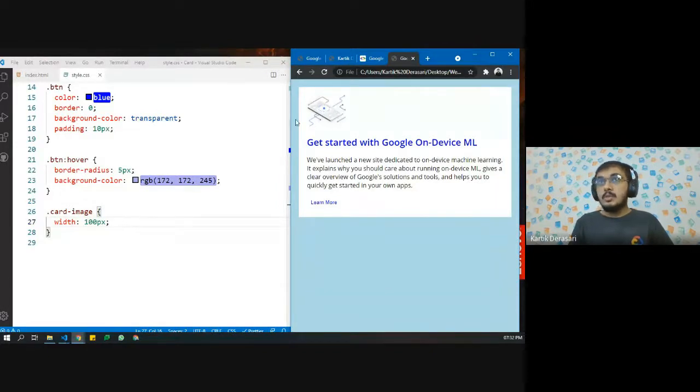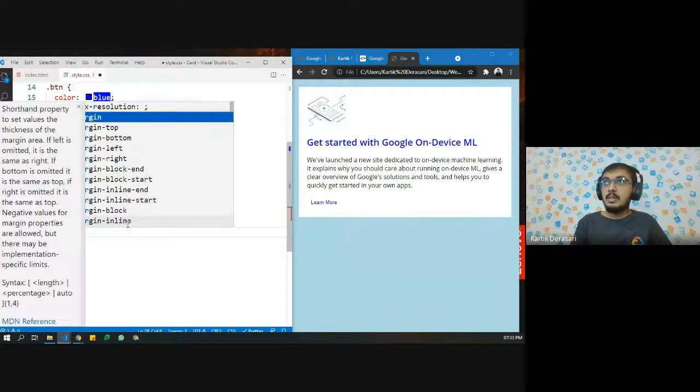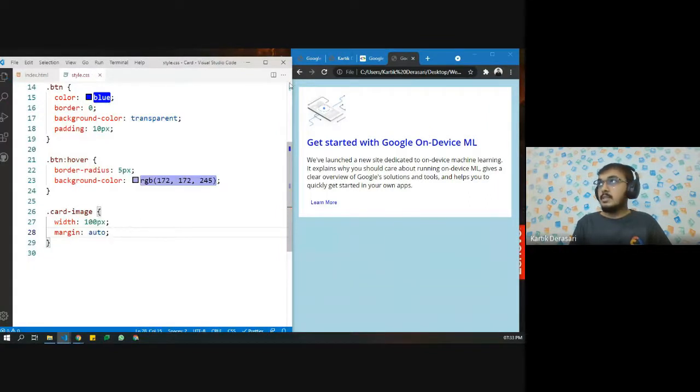Okay, so now coming to the main part, which is very important generally. How to center an image or how to center a div. What we can do is have margin for this image. We can have equal margin from left and equal margin from right, and then this image will be on the center. This is one option to center the image. So let us see using the margin option. Let us say margin auto and see if that works out.